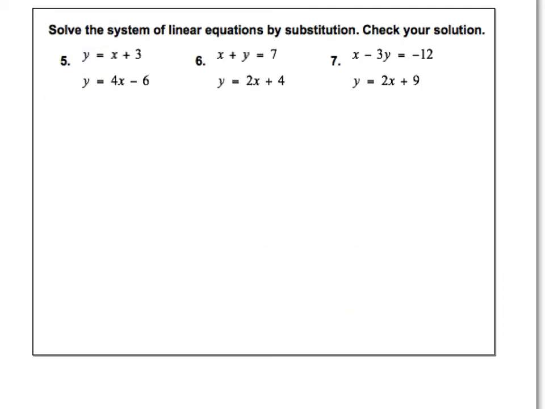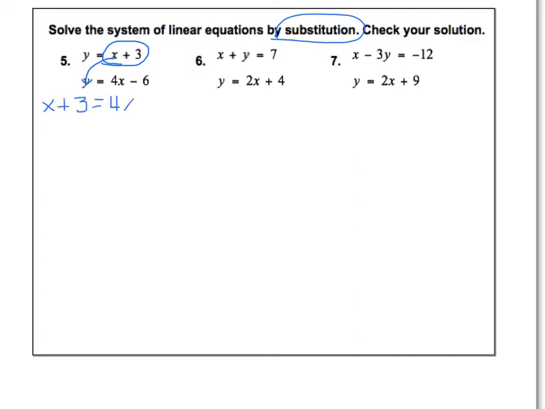On problems 5, 6, and 7, the directions tell us that we need to use substitution. The substitution method comes from when we know one of the variables and we plug in what that variable is to the second equation. So on this first one, it tells us what y equals. It says y equals x plus 3. So in the second equation, instead of using y, I'm going to plug in x plus 3. So that's going to be x plus 3